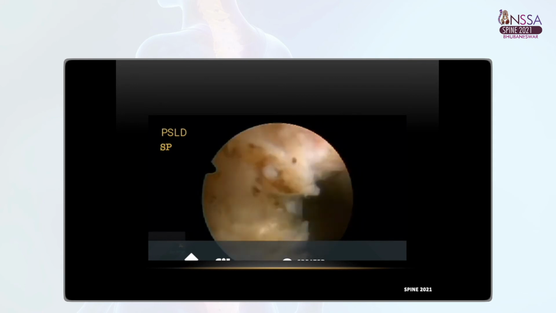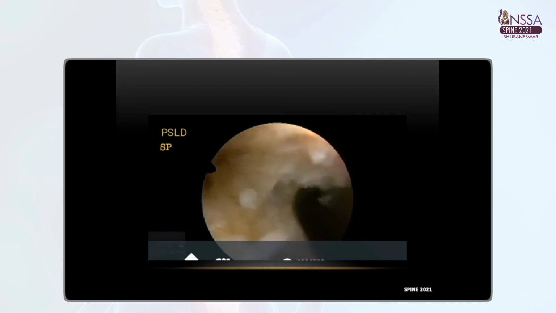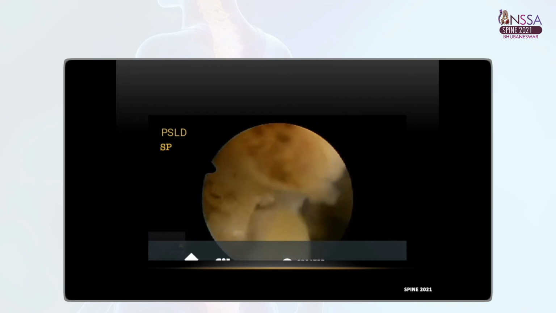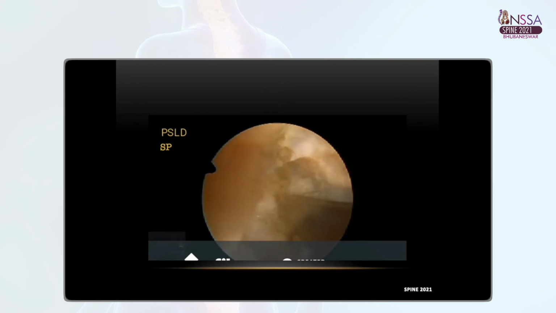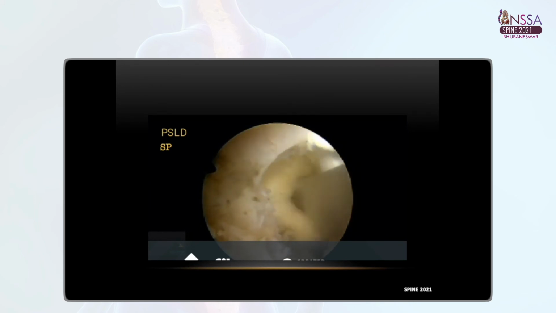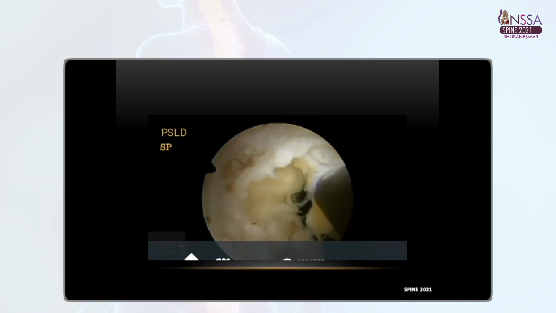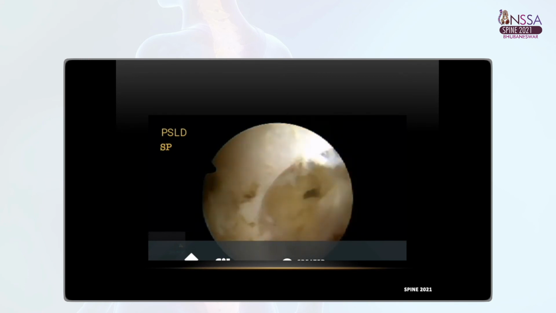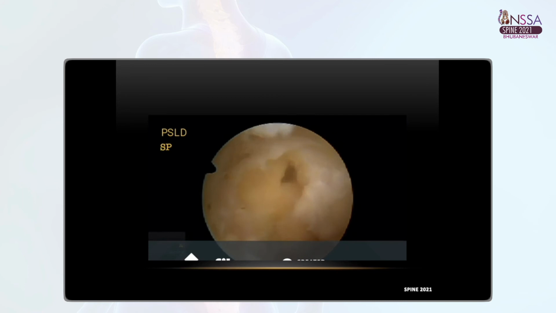I'm showing you the more exceptional cases of PSLD and destanding. Of course, the routine spine cases can be done, which I'll be showing you shortly. But these are the few cases that can also be done with the PSLD and not just the routine decompressions. As a spine surgeon, not only degenerative spine is going to come to you, you're going to have all kinds of spinal pathologies coming to you, and you have to have every single weapon in your armamentarium to deal with the situation that suits best to the given clinical setting.